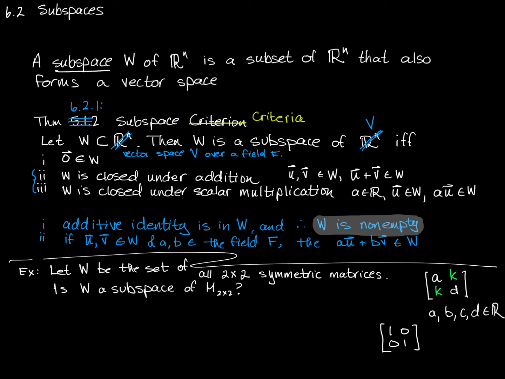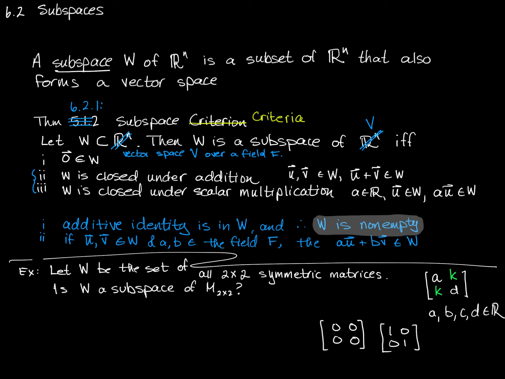The additive identity is another element in this subset, and that is sufficient to show also that W is non-empty. The additive identity of 2 by 2 matrices would be all zeros, and because these two numbers are the same, regardless of what these two numbers are, this is a symmetric matrix, therefore it is in W, the set of all 2 by 2 symmetric matrices. So this element is also in W. This is the critical one, but it turns out that really all we need to show is that W is non-empty. So either one of these would do. So we've checked that criterion,